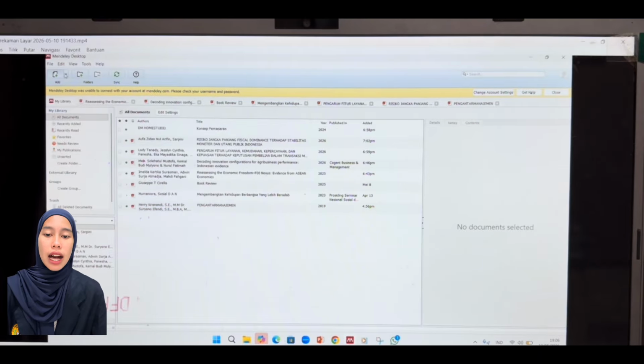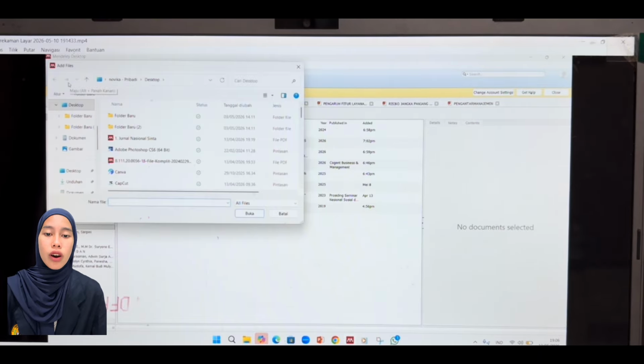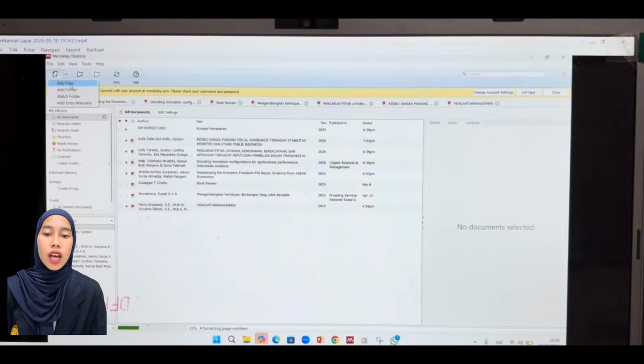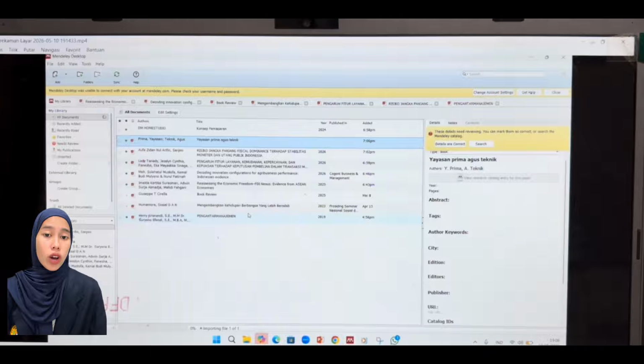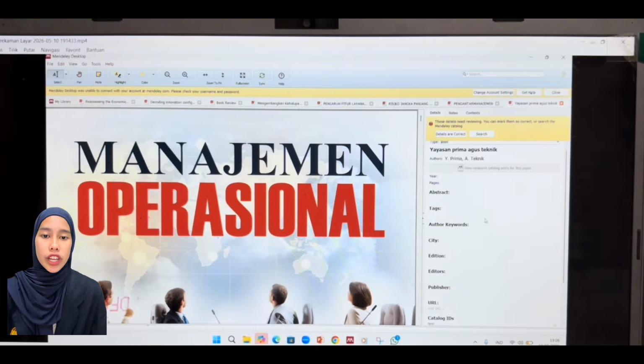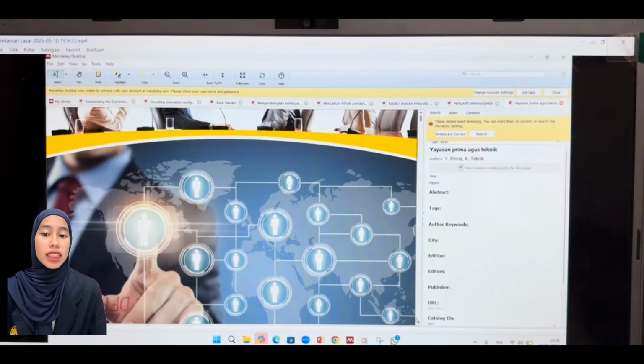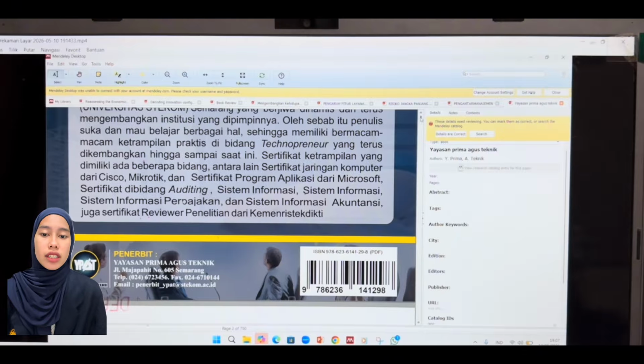And I will tell you what to do if we find a very relevant journal, but it is behind a paywall. Don't worry, we can still get the data into Mendeley.